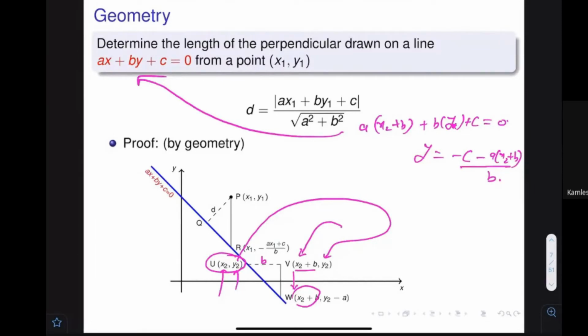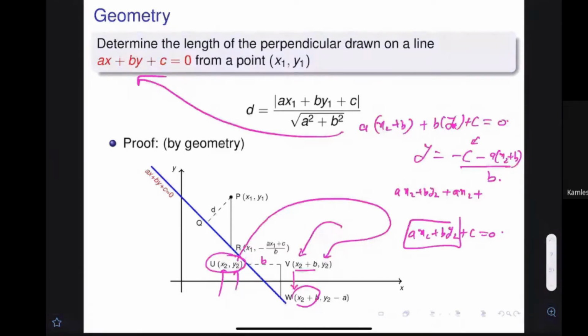You know that there are some simplifications, because this point lies on the line. You know there is a relationship that ax2 plus by2 plus c is equal to 0. So by this you know the value of c. If I utilize this value and put it at this particular place, can I get anything? If you solve this, I think I have done some mistake. Can you see this? The value of c. Okay.